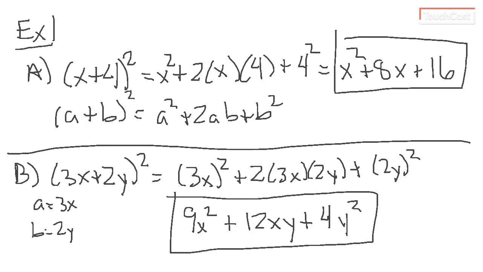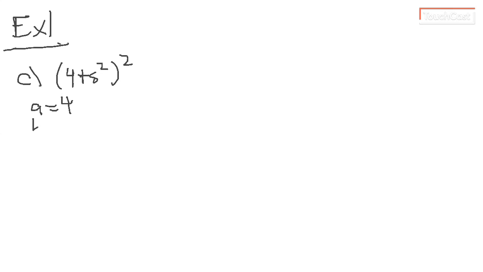And I feel like I should do at least one more, if not two. So let's do that. We're going to continue on example 1. And there's reasons behind these next two that I want to do. So 1c, we're going to take 4 plus s squared, and we're going to square that. So in this case, our a is 4, and our b is s squared. So we're going to take our a squared, 4 squared, plus 2 times 4 times s squared,